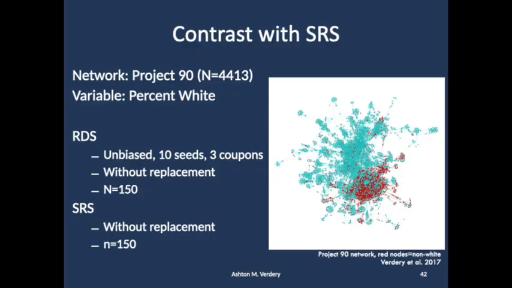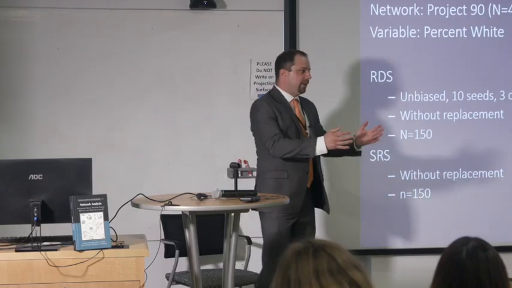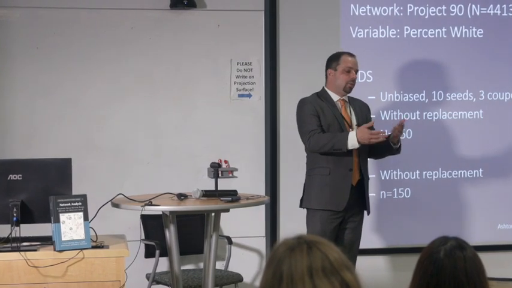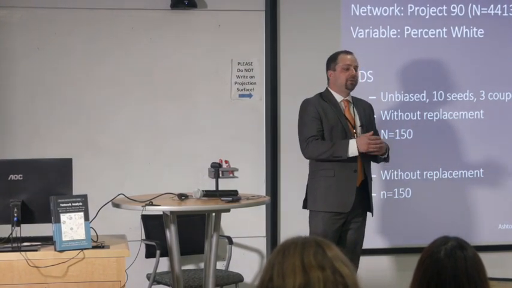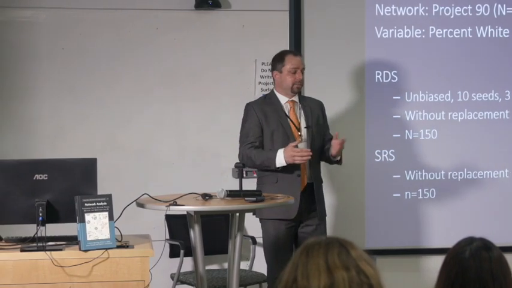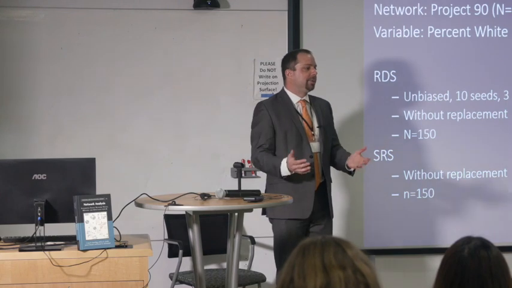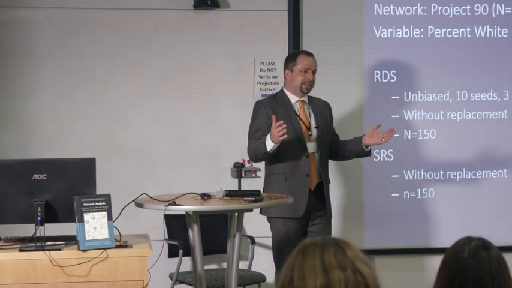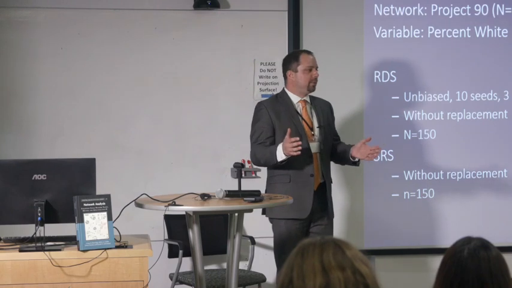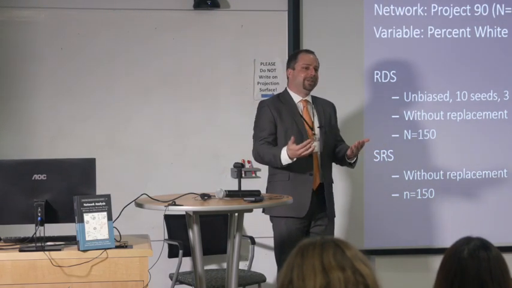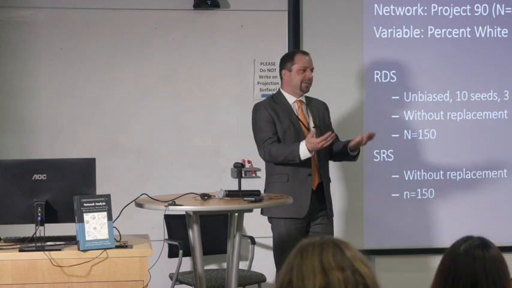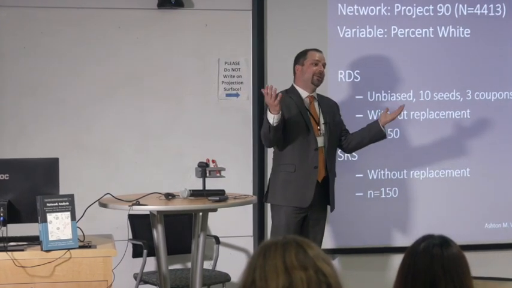So one problem for RDS is the nature of this peer referral. Issues like bottlenecks create high sample-to-sample variance. So if I do one sample and I get a sample mean of HIV of, say, 40%, and I do another sample and I get a sample mean of HIV in the same population of 80%, and if I do that a lot of times and I end up concluding that in this network 95% of the samples would be between 10 and 90%, that's not a very useful estimate of the HIV prevalence in that population. It's sort of saying, we have no idea what it is, right?